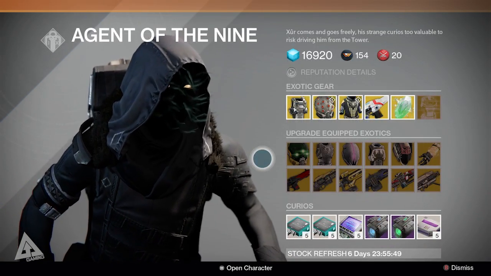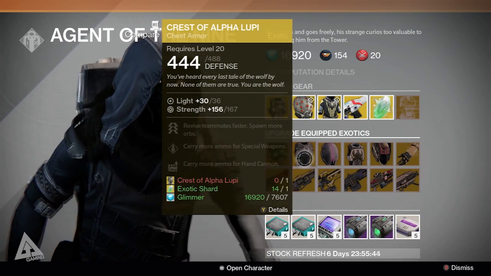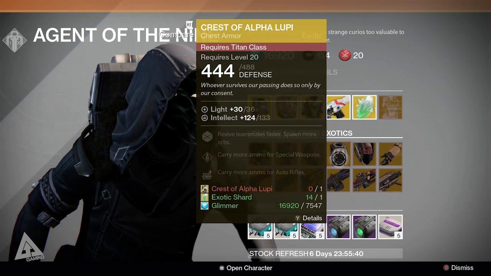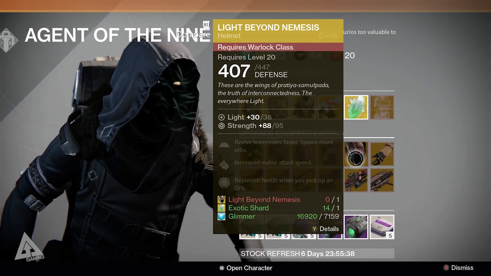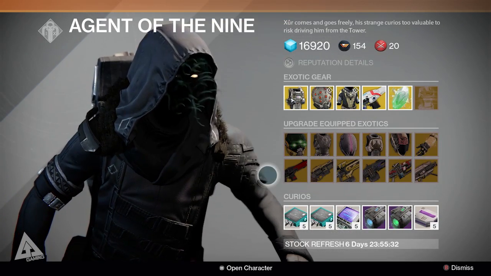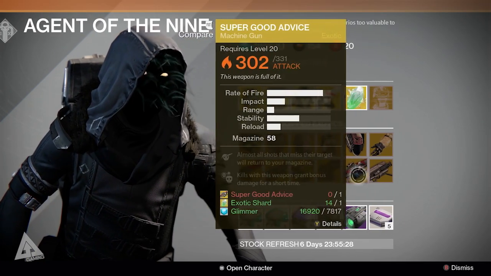As for the upgrades this week, first up for the hunter, you have the Mask of the Third Man and the Crest of Alpha Lupi. Then moving over to the titans, you have upgrades for Helm of Saint 14 and also the Crest of Alpha Lupi. And then for the warlocks, you have upgrades for the Light Beyond Nemesis and the Sunbreakers. Then for the weapons, you have upgrades for Red Death, The Last Word, Plan C, Thunderlord, Super Good Advice, and